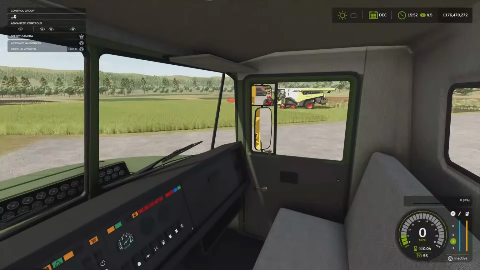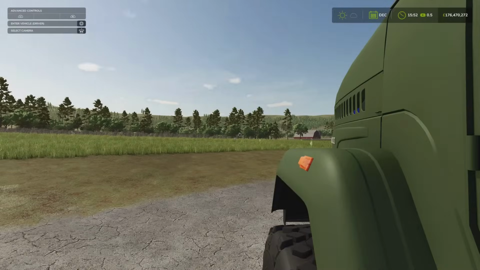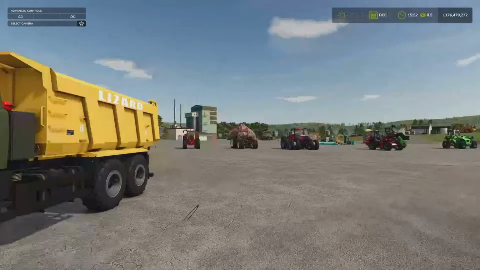Interior, nicely made and detailed. We've got no options for doors and windows on this one. It comes just like that. I know it says lizards on the side, but it doesn't matter. That's the Kraz 65032. Next we have got,